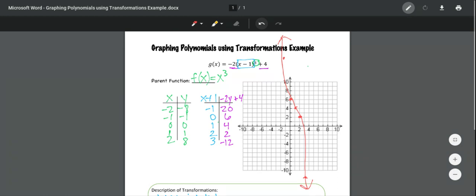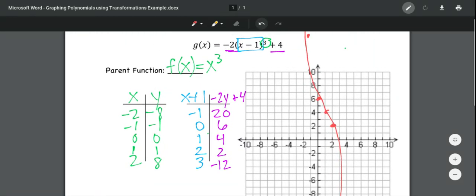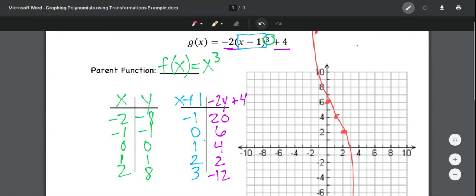Okay, so that is another example on how to graph a polynomial. Remember, it's important that you identify the exponent to identify the parent first using our transformations. Okay, so now you can complete the